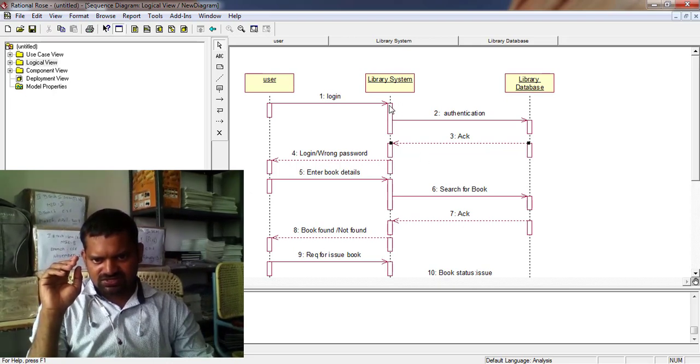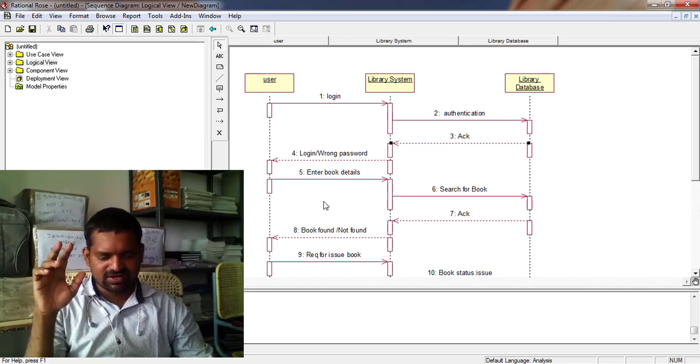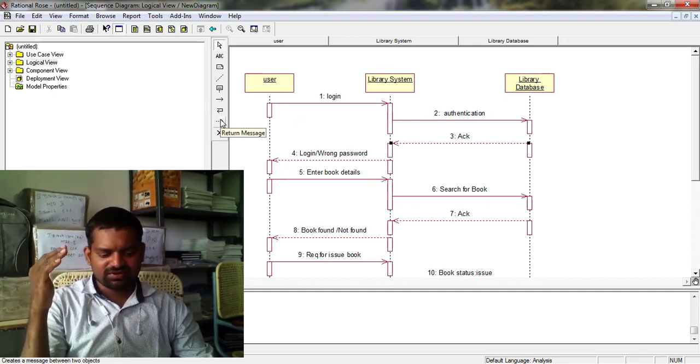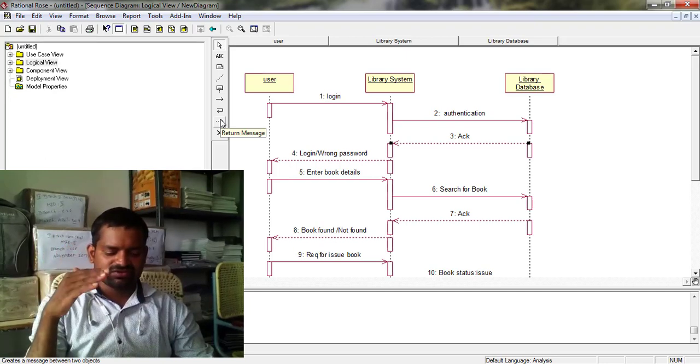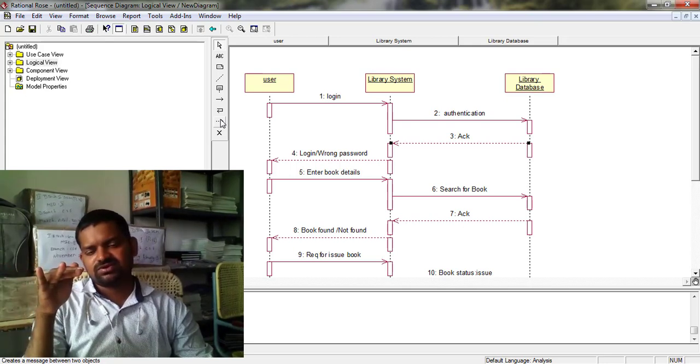This starting point represents the message starting point, and this is the message ending point. So this is the message calling bar. Object library system, message calling bar, all these are. And next, the request message is represented with this link. The return message will be represented with a dotted arrow; a unidirectional arrow represents a message, and the reverse message uses a dotted arrow.